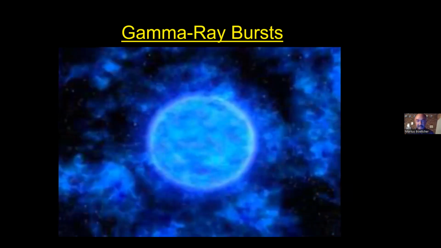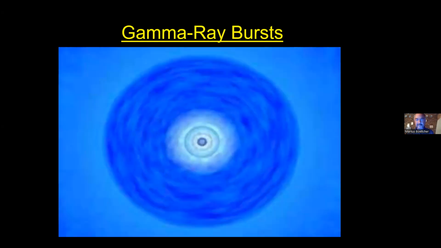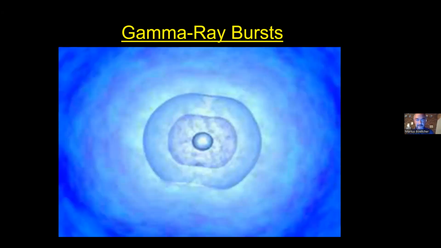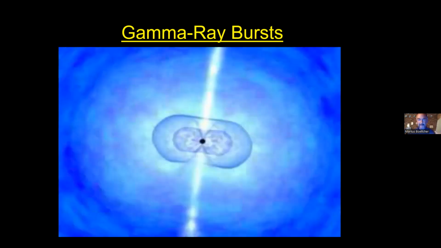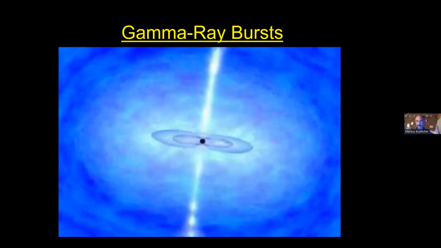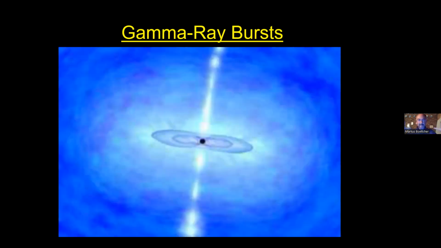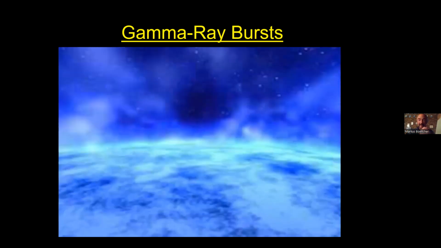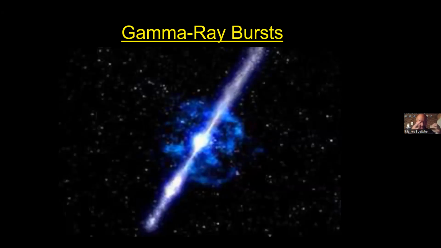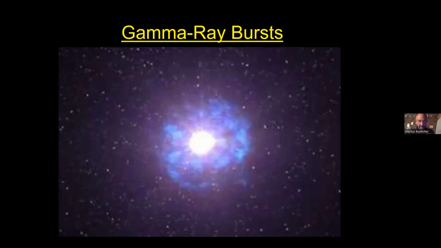Long gamma ray bursts are believed to be produced by extreme versions of supernova explosions. So it's a very, very massive star. Most likely you need a star of more than 25 solar masses that collapses to such a massive compact object that it's too heavy to be a neutron star. It collapses straight to a black hole. And then with this black hole, there's no hard surface for things to bounce off to produce a good supernova. So much of the material, instead of bouncing off and producing a supernova remnant, falls in and produces a very massive accretion onto this newly formed black hole.